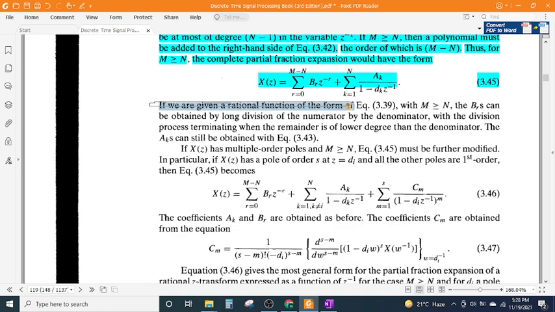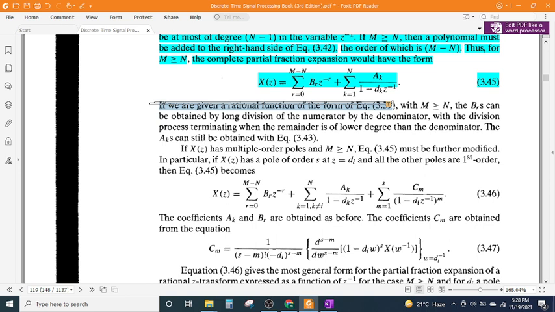If we are given a rational function of the form of Eq. 3.39, with M >= N, the B_r can be obtained by long division of the numerator by the denominator, with the division process terminating when the remainder is of lower degree than the denominator. The A_k can still be obtained with Eq. 3.43. If X(z) has multiple order poles and M >= N, Eq. 3.45 must be further modified. In particular, if X(z) has a pole of order s at d_i and all the other poles are first order, then Eq. 3.45